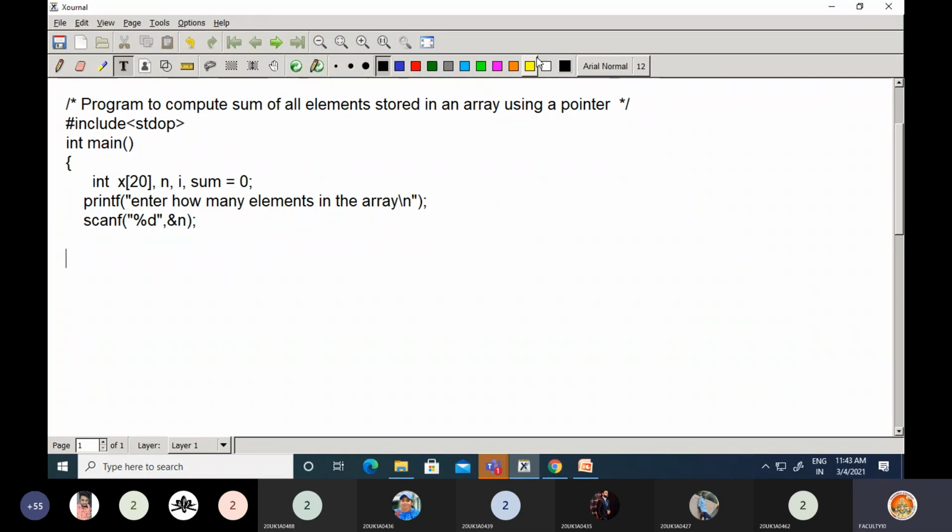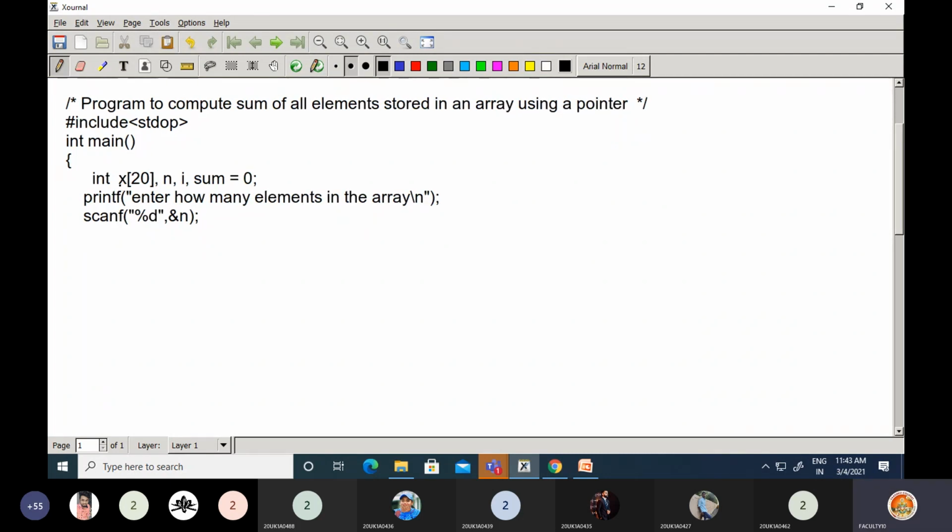So try to understand the concept here. Now I have declared an array X of size 20 here. That means I will have an array of size 20.